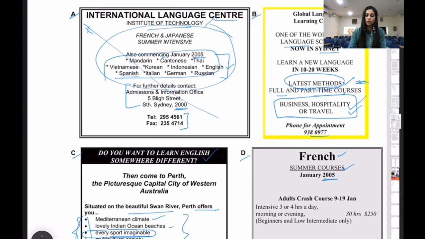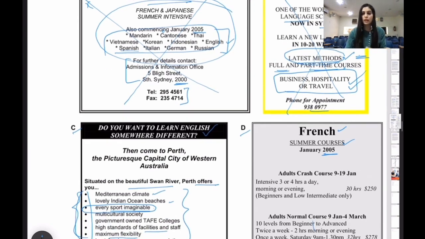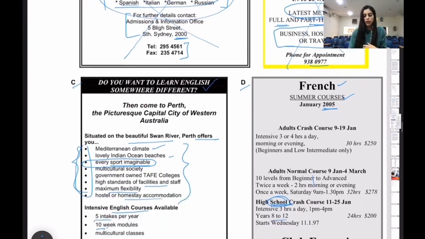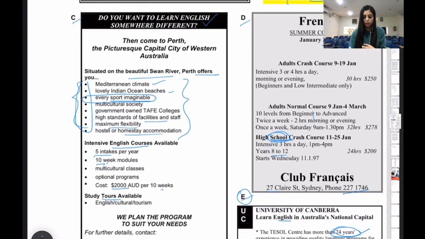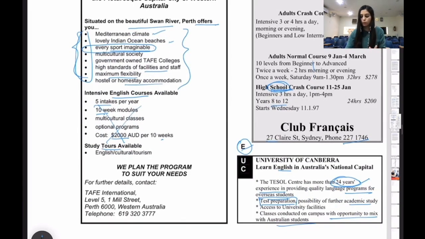So there's no mention of time here. You can quickly see there are no digits, no mention of evening, morning classes, nothing has been mentioned. Here again they have not mentioned anything. They've just spoken about full and part-time courses, and they haven't mentioned when the courses would commence and what time, what duration, nothing has been mentioned there. Then here again there's no mention of any time, nothing has been spoken about.